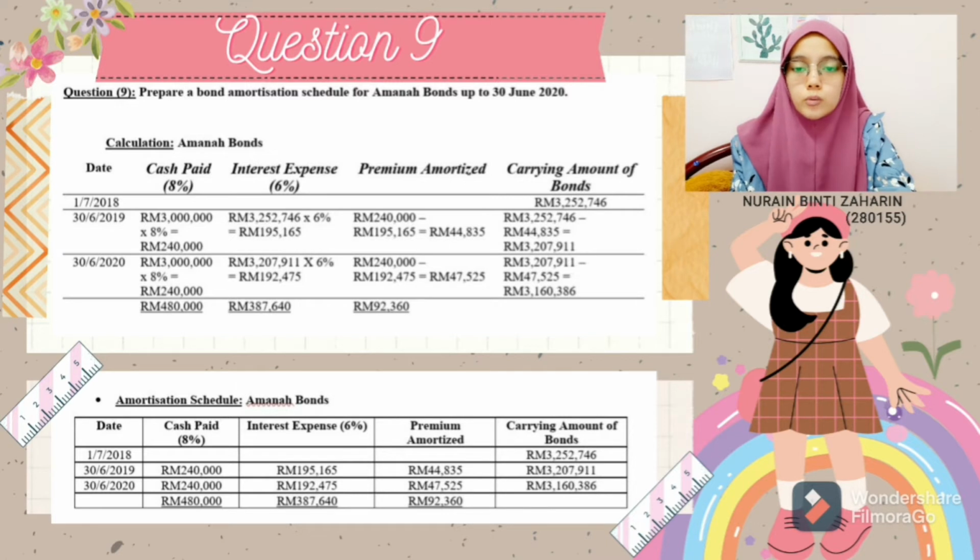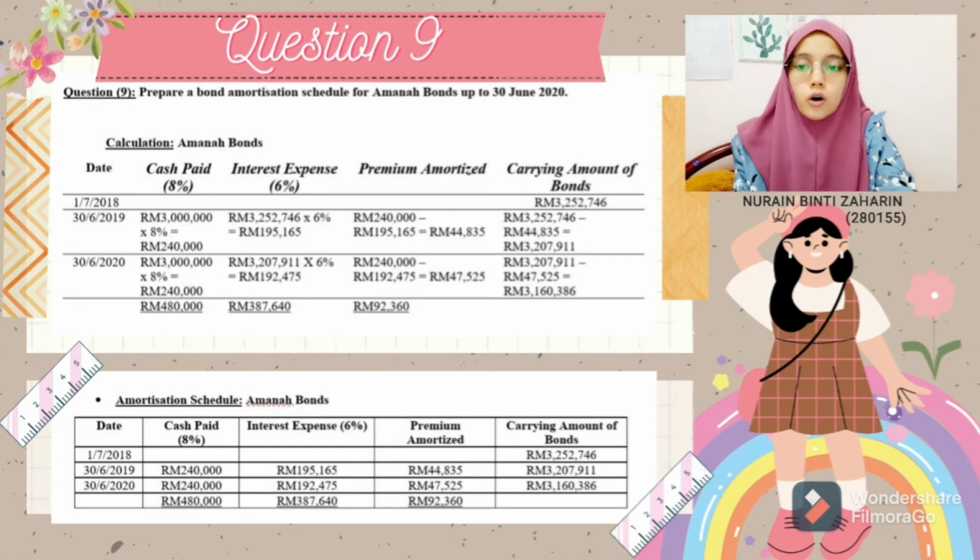Then, to get the premium amortized, we need to minus the cash paid for this 8%, which is 240,000 ringgit, minus interest expenses 195,165 ringgit to get the premium amortized, which is 44,835 ringgit. Then, to get the carrying amount of bonds on 30 June 2019, we need to minus the carrying amount of bonds on 1st July 2018 with the premium amortized on 30 June 2019, which is the amount we get is